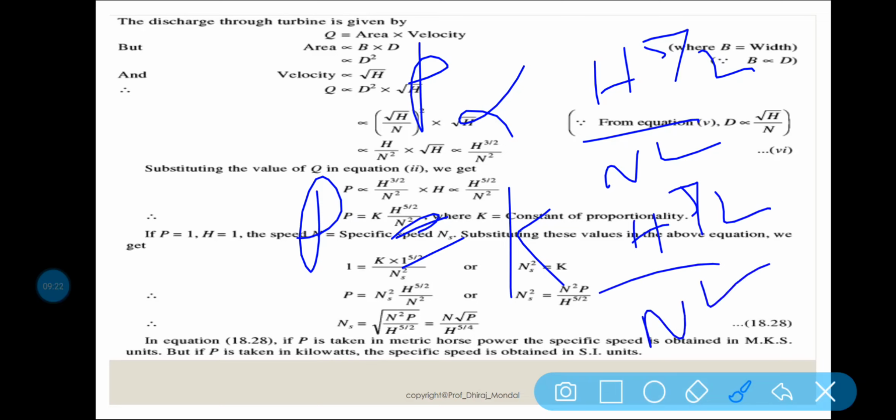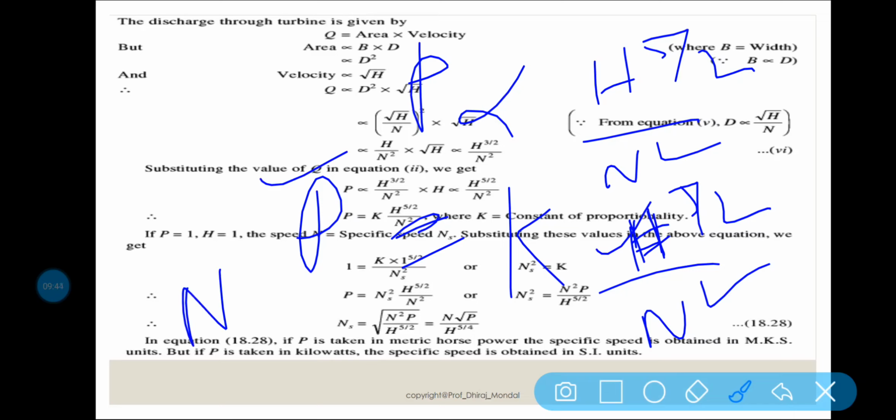Now remember, specific speed is basically defined as the speed you get for unit power and unit head, along with the efficiency. That is called your specific speed. That is coming from the definition of the specific speed. So if I am putting P is equal to 1 and H is equal to 1,